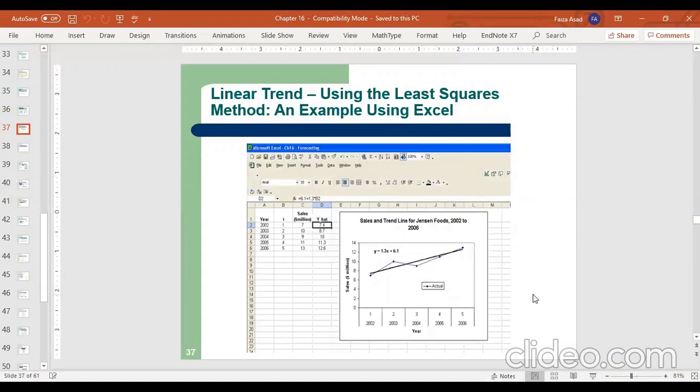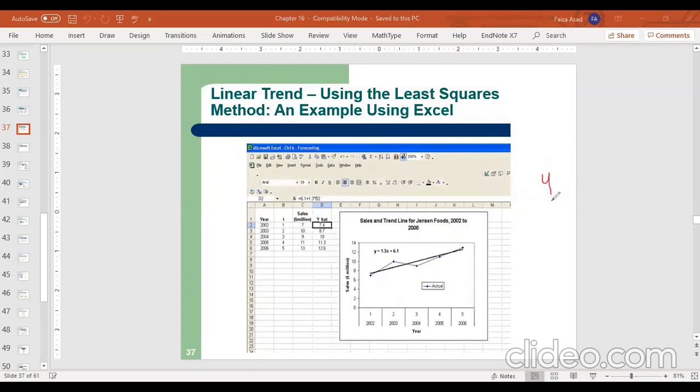You will learn the manual calculation for the regression in chapter 13, and you will learn the formulas for each component in the regression line. So for now, we will observe these trend lines. The blue line is basically showing the actual sales points, and this black line is showing the regression line. So the equation is